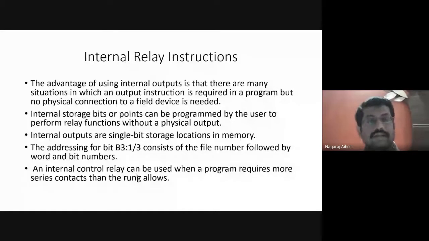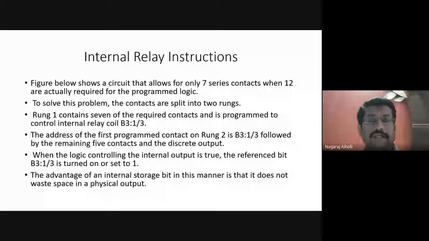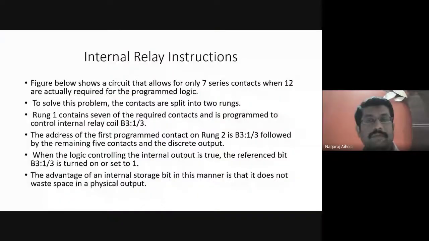The next figure shows the circuit which actually requires 12 series contacts. My program requires 12 contacts. Inputs we call contacts and the output we also call a contact. The concept we discussed in the previous class, is it not? Suppose my circuit requires 12 contacts. I am connecting the 12 inputs and it requires 12 series contacts to be connected, so that my connectivity is continuous. I get the logical continuity, my rung becomes true, and the output will be indicated.